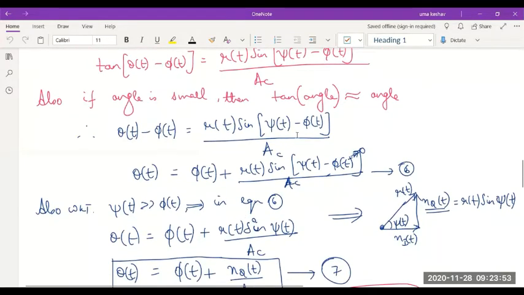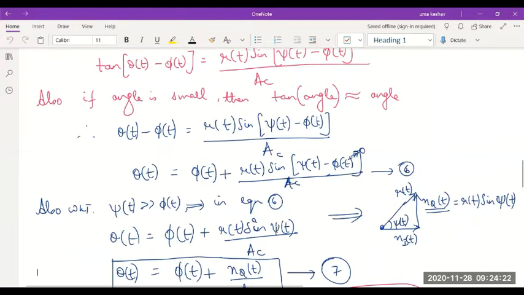After that, we have already considered the magnitude of the noise angle psi is much greater when compared to phi, right? The signal makes an angle phi, the noise makes an angle psi. So the angle made by noise is measured by practical means, and generally they have checked multiple times. It is found to be much greater than the angle made by the signal. So we can neglect this phi.